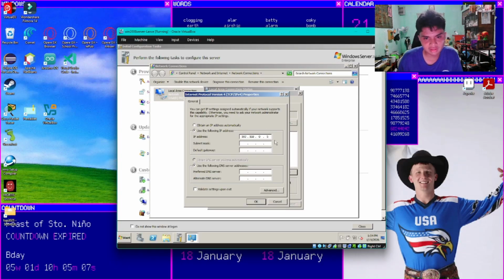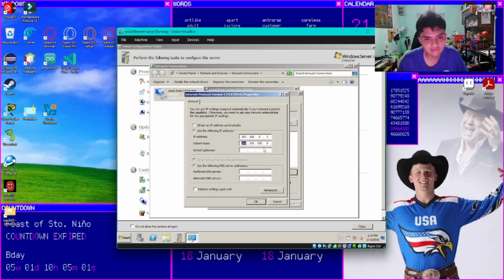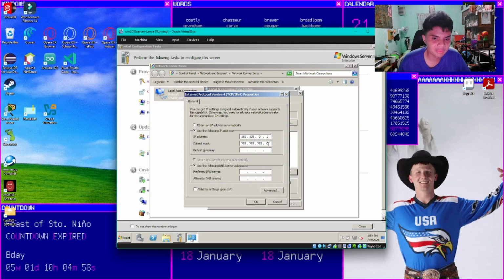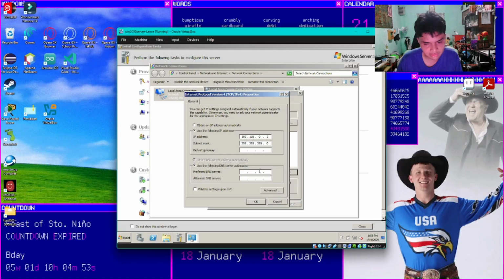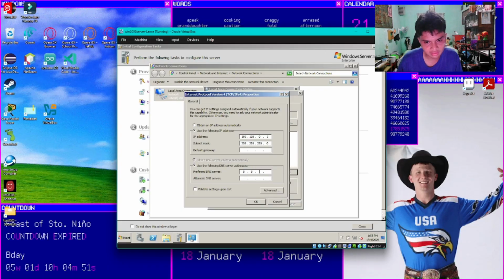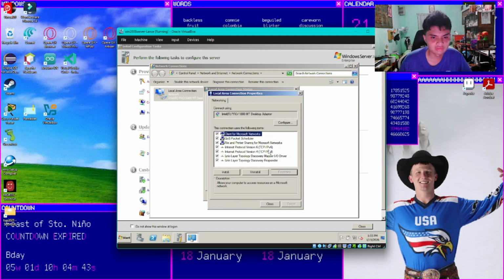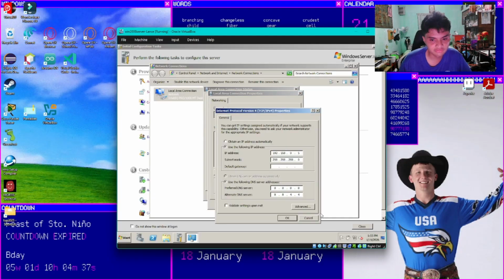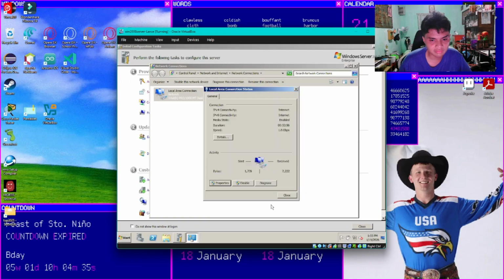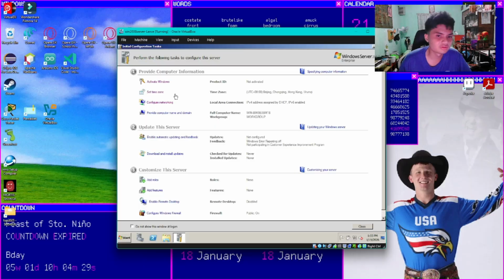After you put that in, it automatically creates a subnet mask. Next, we can put in a DNS server. For this demo, I'm going to use Google's: 8.8.8.8, and the alternate is 8.8.4.4. Then just press OK. If you go back there, it's already configured. Press OK, close, close, and close. And now the network is configured.